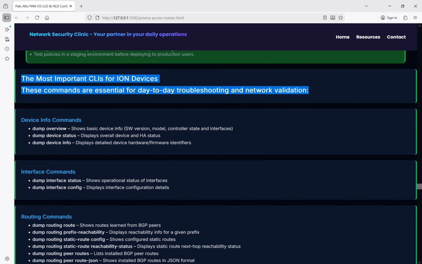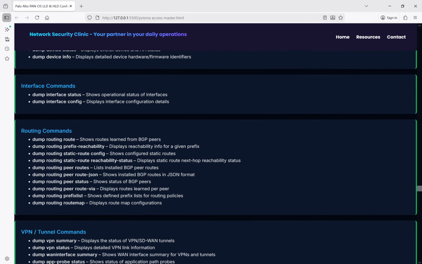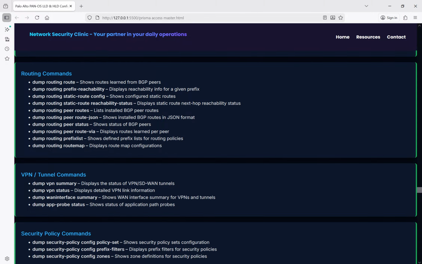operational success. So here you can identify identity-based security policy, not just flip-flopping, so that your ION devices really have what they were meant to be processing. So this is a complete business value where you can view device information, interface commands, routing commands, IP tunnel,